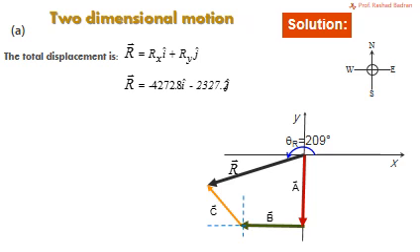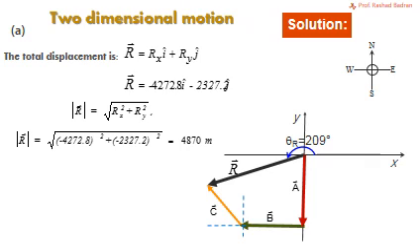To do that, we write the resultant as a vector in terms of unit vector notation. So we found Rx and we found Ry. Just insert them into this vector equation and we get the resultant in terms of unit vectors i hat and j hat. To find the magnitude of the resultant, simply use the Pythagorean theorem,